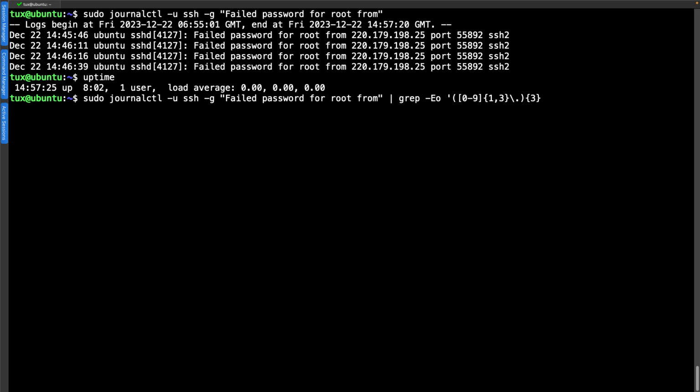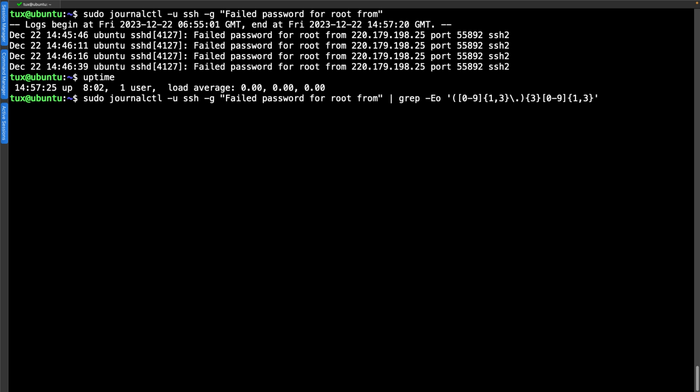So this represents my first 3 numbers within my dotted decimal IP address. And then I can just go through and put in the 4th block of numbers. And that's going to be a lot more simple because it's going to be the simple range. So open up my square brackets, 0 through to 9. And then, of course, we have to put our quantifiers in. So a minimum of 1, a maximum of 3. Close off our quantifier brace brackets and close off our quotes.